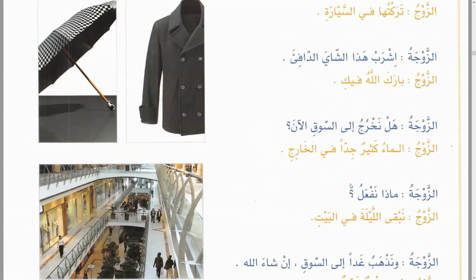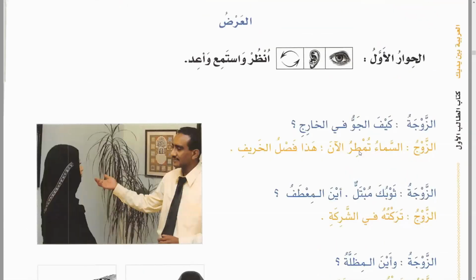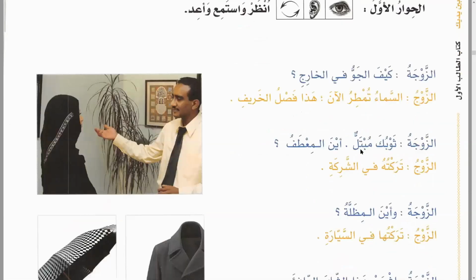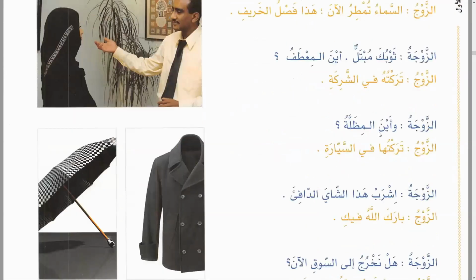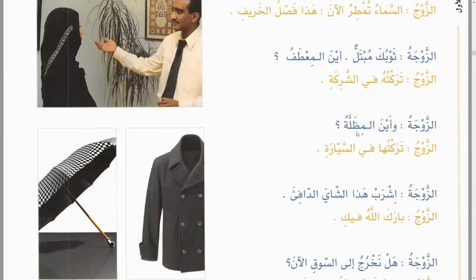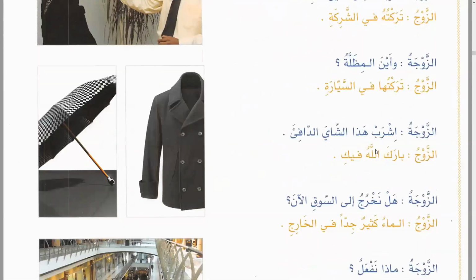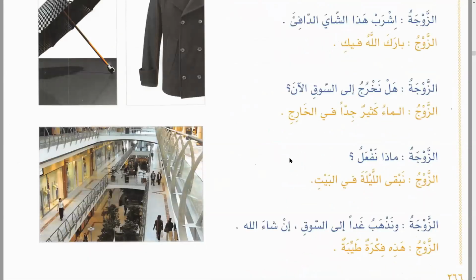Okay. So this was our first hiwar. Okay, let's repeat it. So I hope this tumtiru, amtara yumtiru, then mubtal, wet. Mubtal is wet. Tumtiru is raining. It's raining. Wa ayn al midalla is the umbrella. And notice the taraktuhu and taraktuha: because this is masculine, we said taraktuhu, and because it is feminine, we said taraktuha. Then drink tea, dafa is warm, and inshallah we'll repeat them in the exercises.